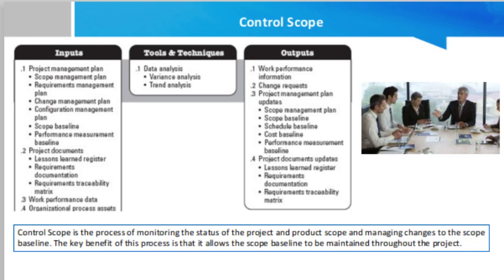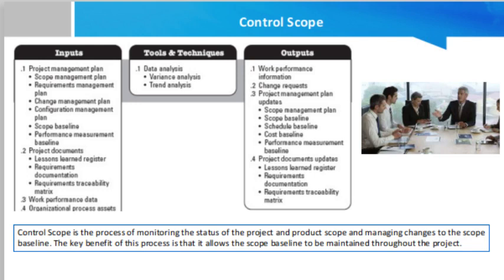Trend analysis. Trend analysis is the method used to examine project performance from time to time to see whether the performance of the project is deteriorating or improving. The outputs for control scope are work performance information, change requests, project management plan updates,